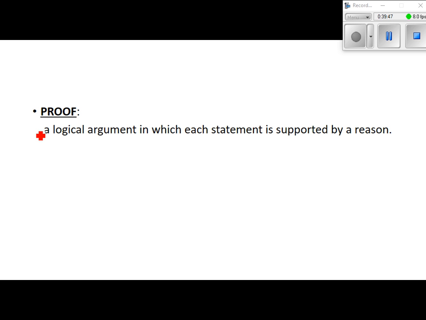So a proof is a logical argument in which each statement is supported